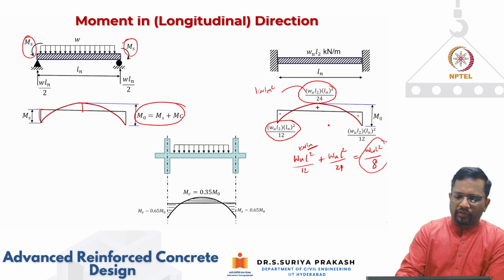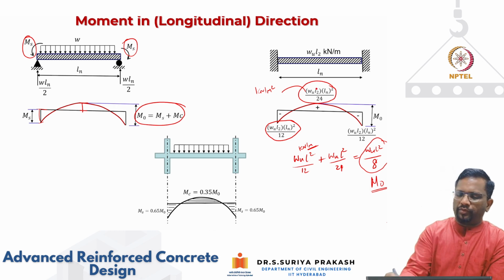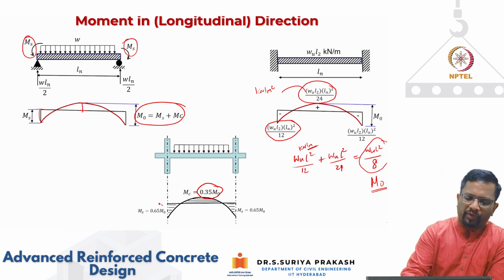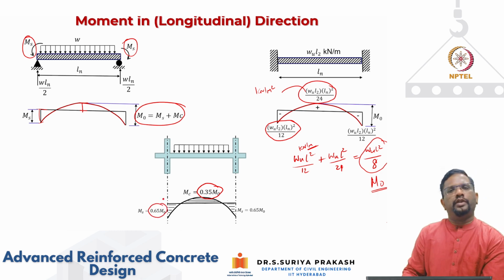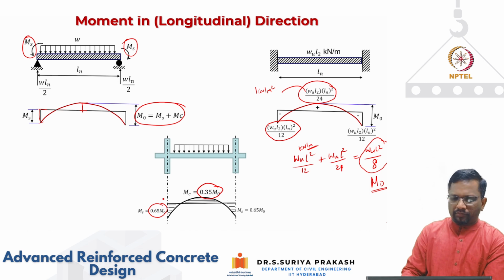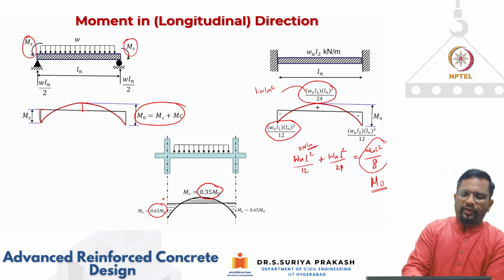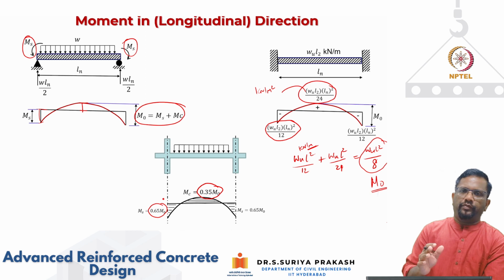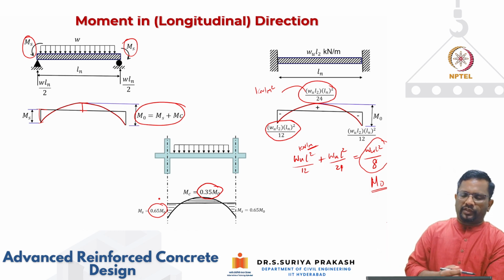So if you work it out, this is the total static moment, M naught. If this is M naught, then W u L square by this value, the center moment we can write as 0.35 times your total factored static moment, and the support moment can be written as 65% of your static moment. So this is it. For a typical interior beam, which is close to the fixed condition, your support moments are going to be 65% of your total factored static moment, because